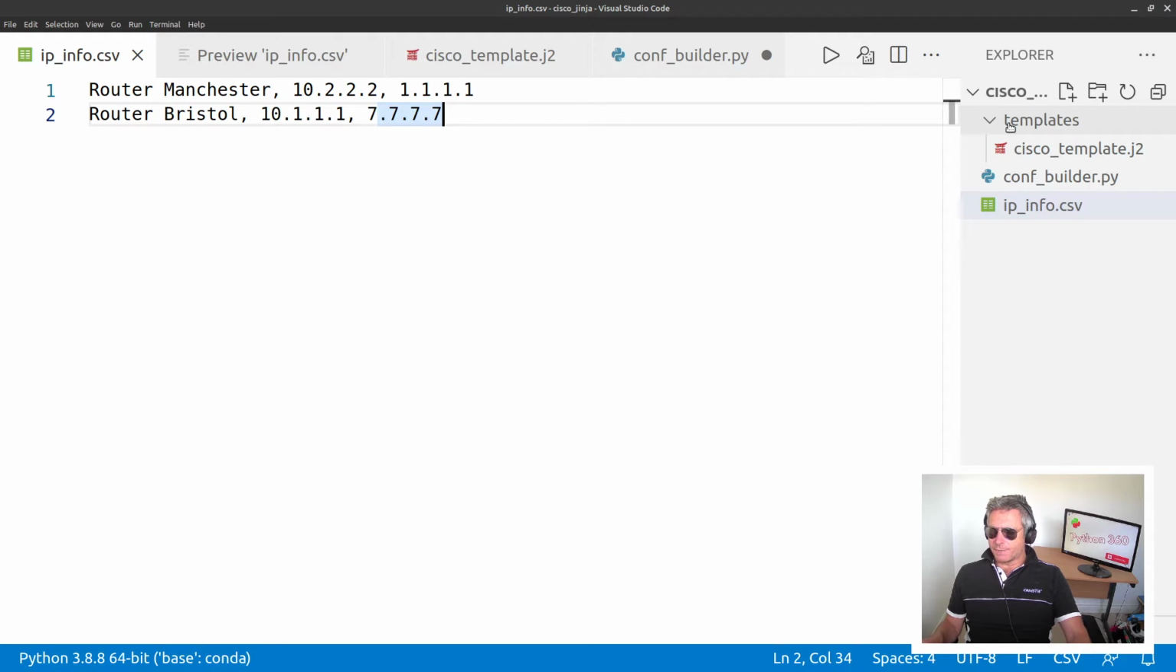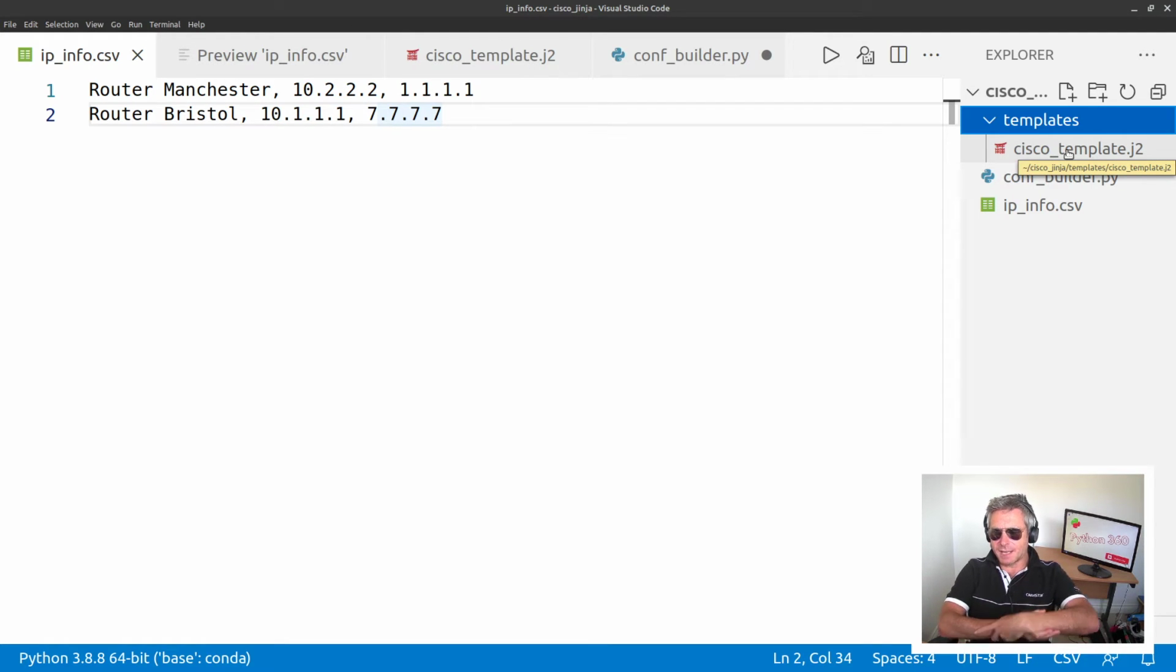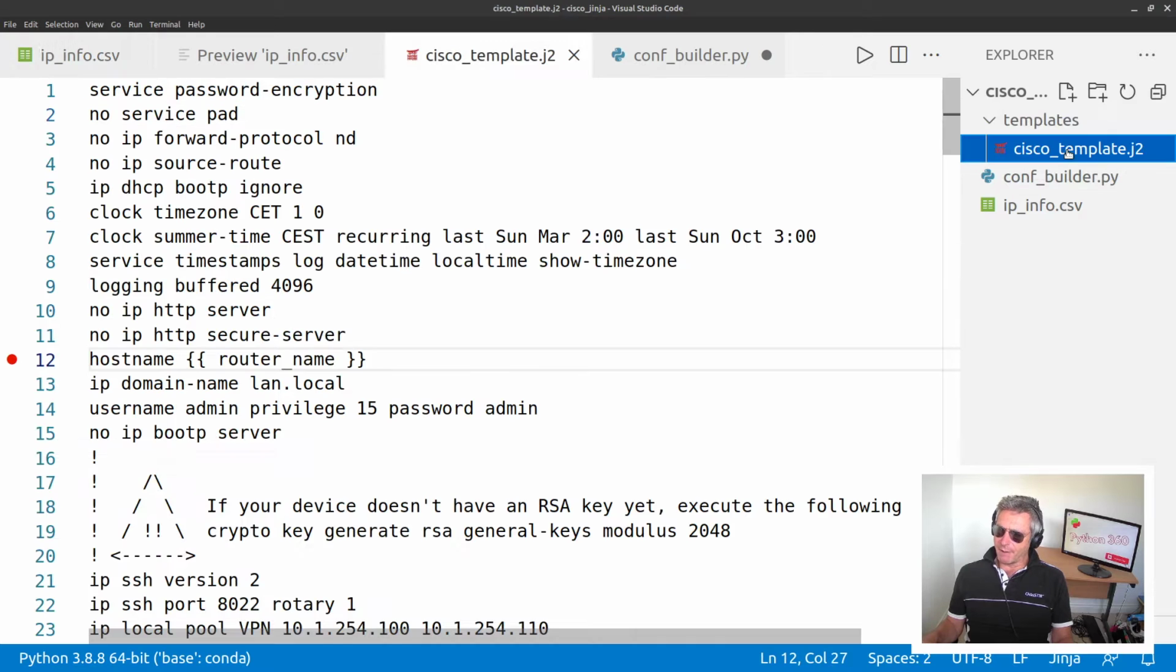Inside that, I've created a folder called templates, which is where I'm putting my template. Now, this is probably the most important part, because if you understand this, then writing the code will be straightforward because you can just follow what I do and copy it. The template, however, is taken from a Cisco router. So if you're familiar with config files from Cisco or Juniper or even F5, whatever,